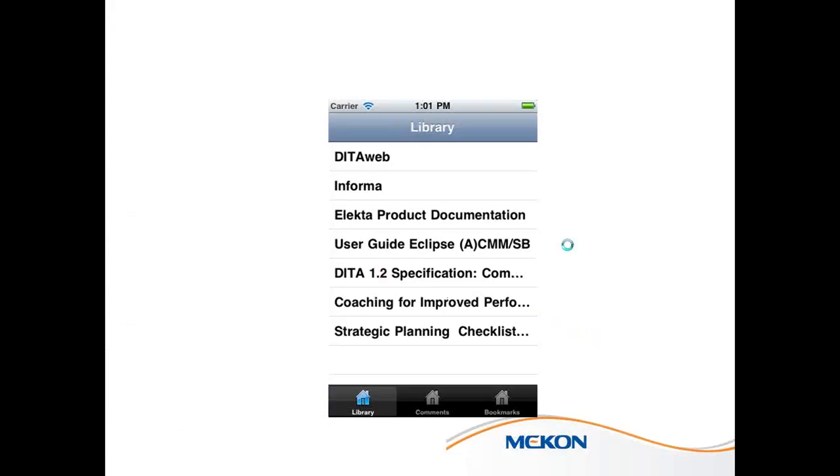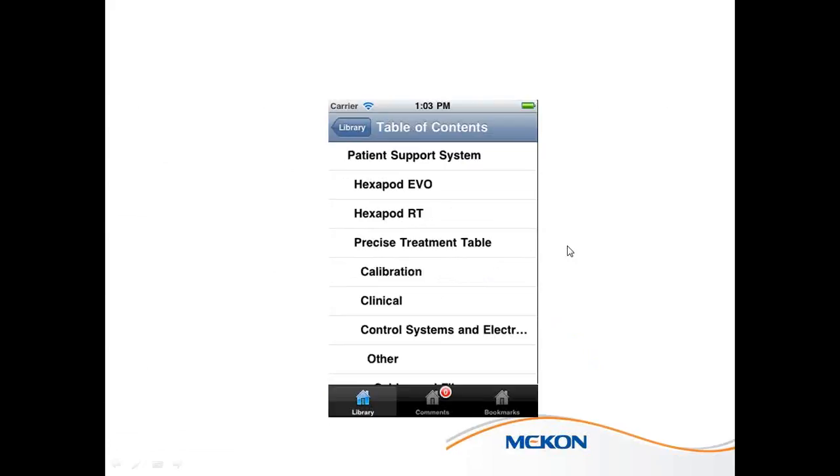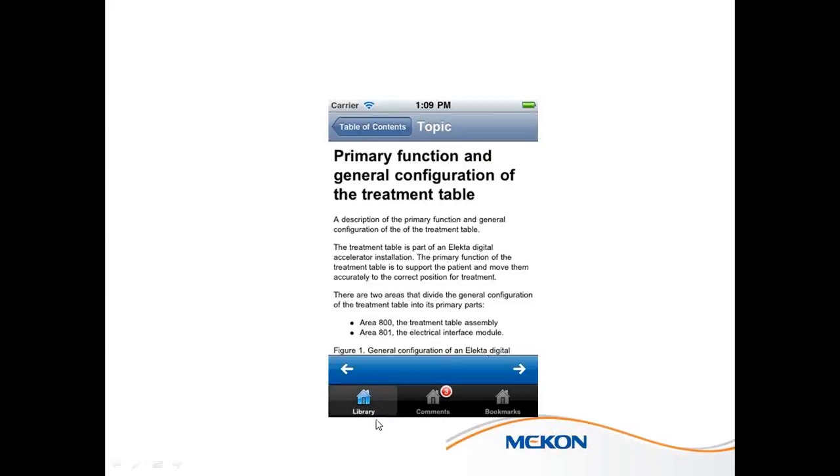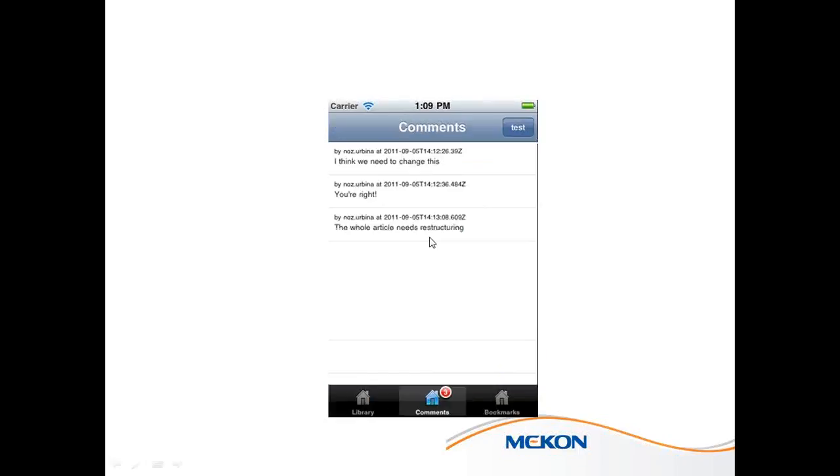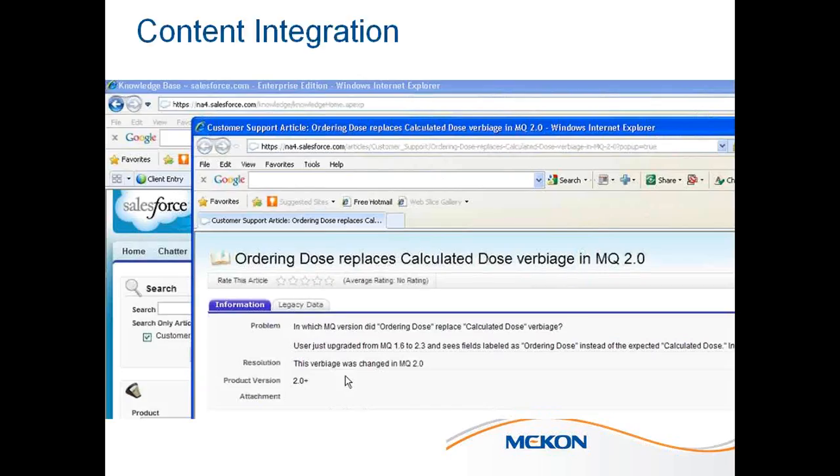Here we've got the same thing on iPhone, and as I said, this is a real example. We have this running on the iPhone. I just happen to be showing you screenshots today. We've got the library, bookmarks, content and comments, and